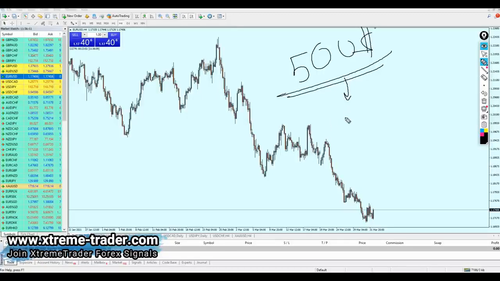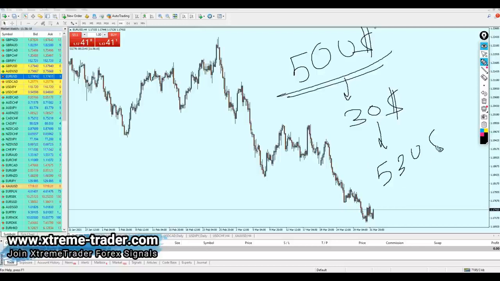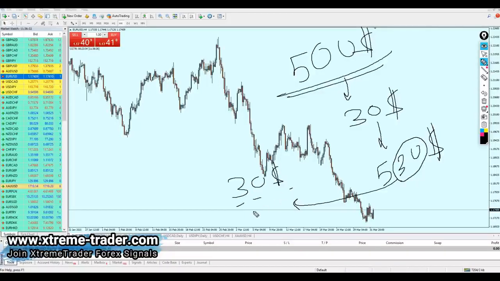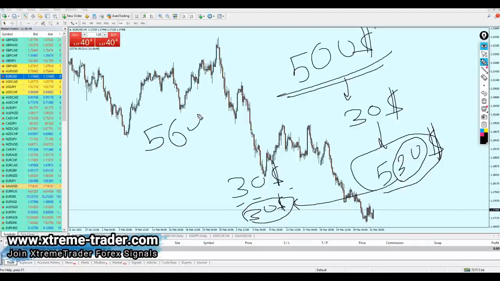And after that, let's say, for example, you made $30 profit from this trade. Now what you are going to do next, on the next trade, you're going to have $530. Try to invest only the profit that you have made on the next deal. So for example, on the next trade you're gonna open, the stop loss is gonna be exactly $30, and of course vice versa, the take profit level should also be 30. Now in this case, if you have lost the next trade, at least your initial deposit is still safe and far from being lost. And if you have made a profit, your total account is gonna be $560 right now.